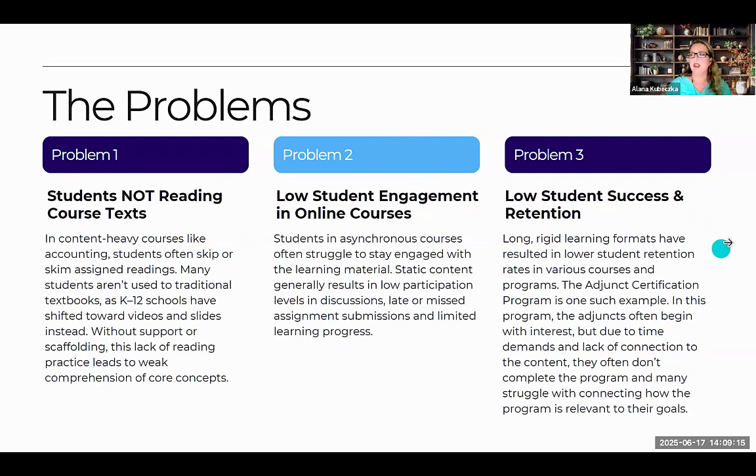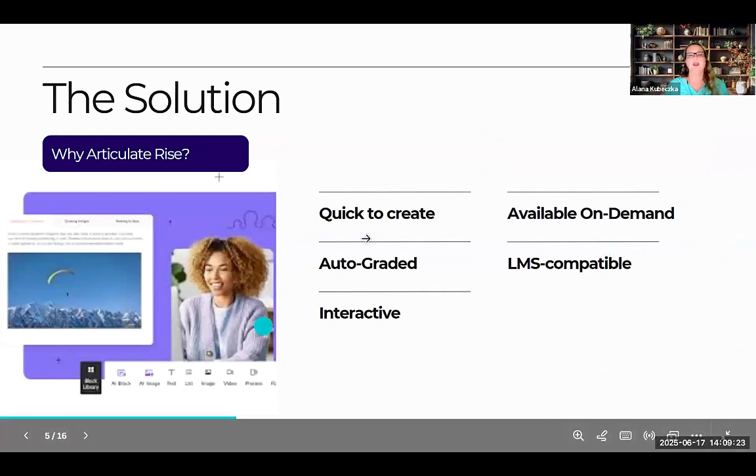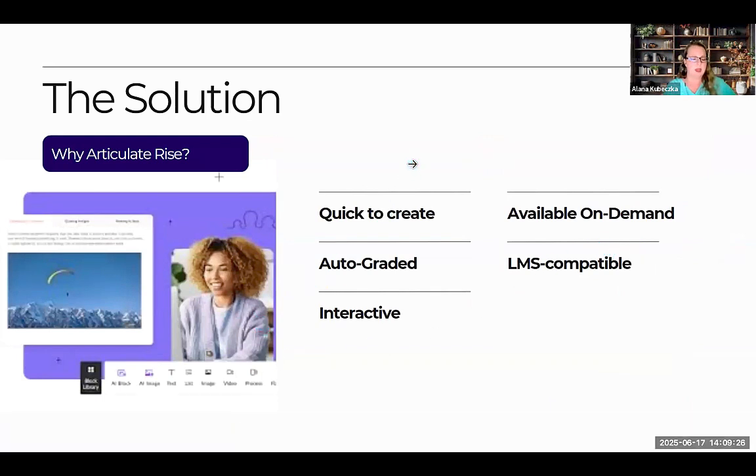So the solution that we found for these problems, the specific problems that we encountered in our needs assessment, was to use Articulate Rise. So I'm not sure if you are familiar with the Articulate suite. It's one of my favorites, and I see some of my colleagues in here, and they're going to be like, oh, here she goes again. But I really do love Articulate, and I think that it's such an incredible way to create that micro-learning someone mentioned earlier. And really also, someone was saying drawing attention with visuals. That's also something that you can do with Articulate, incorporating different kinds of content, right?